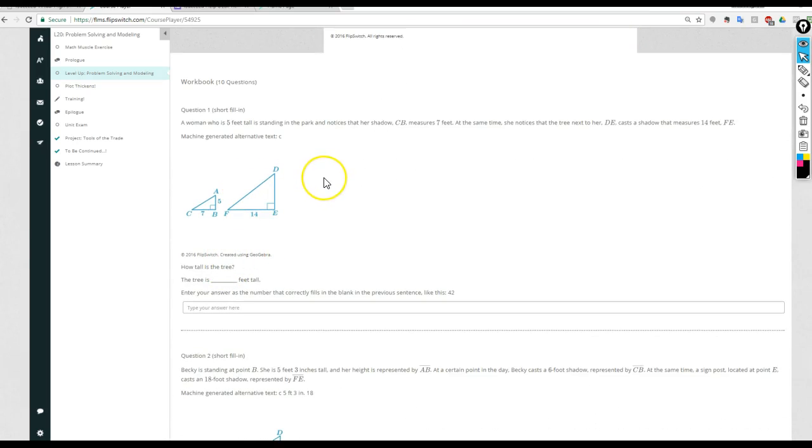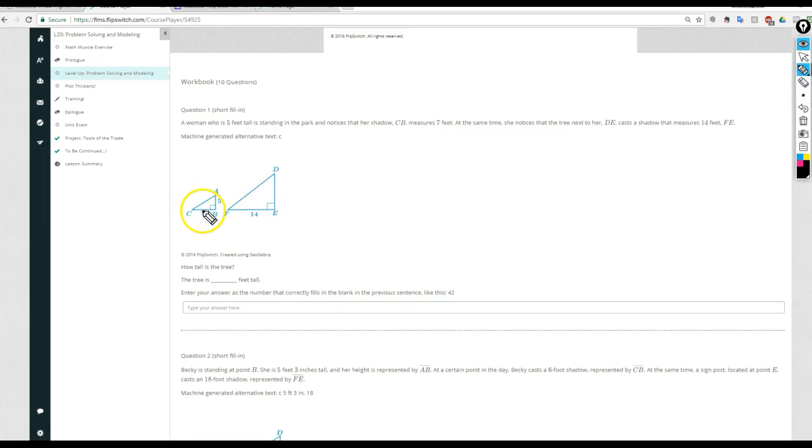A woman who is 5 feet tall is standing in the park and notices that her shadow, CB, measures 7 feet. At the same time, she notices that the tree next to her, DE, casts a shadow that measures 14 feet, FE. How tall is the tree? So if you notice in this diagram